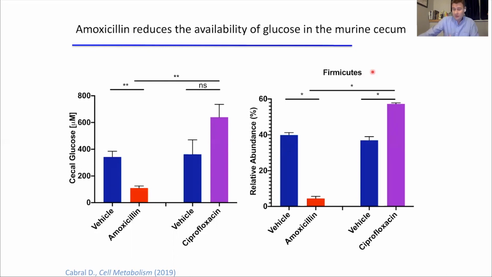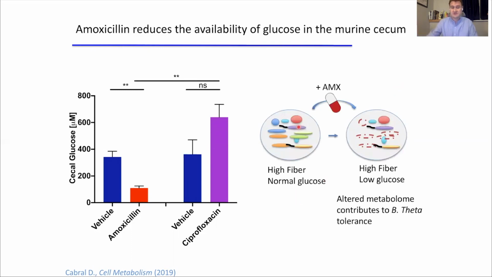I'm not sure what accounts for this, but it tracks really closely to firmicutes. Firmicutes are likely important for the breakdown of polysaccharides into simple sugars in the context of the cecum. That's probably where most of the glucose is coming from in the cecum, because mice are very efficient at absorbing glucose in their upper digestive system. So most of the glucose found in the cecum likely comes from the activity of other bacteria. So what does that mean for susceptibility? Well, essentially, the non-antibiotic treated microbiome has a high fiber content and fairly normal glucose levels.